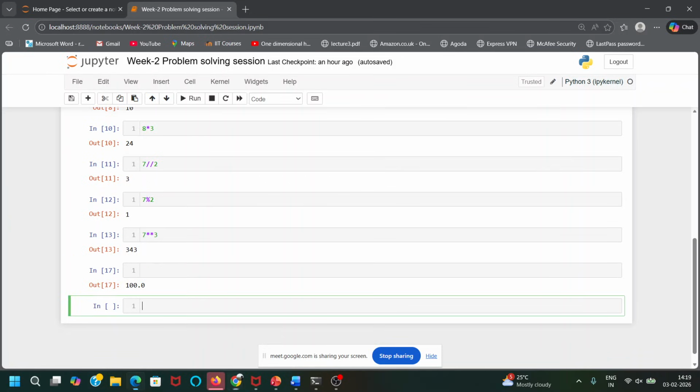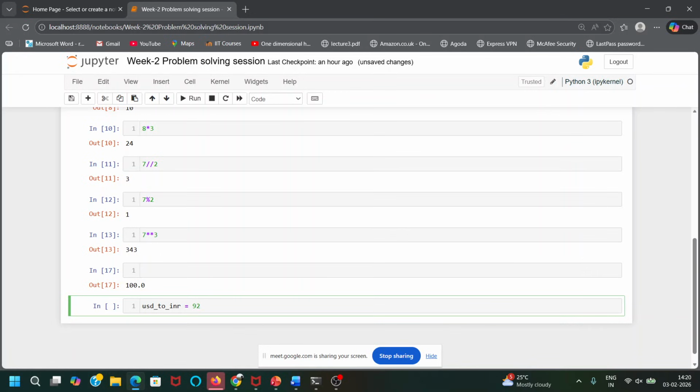So we will see, let's say I want to convert from USD to INR. Let's say the rate of the dollar is some 92 rupees.